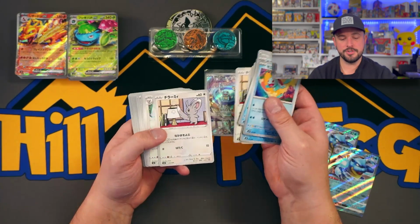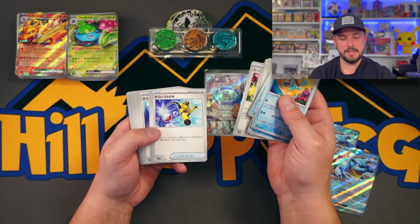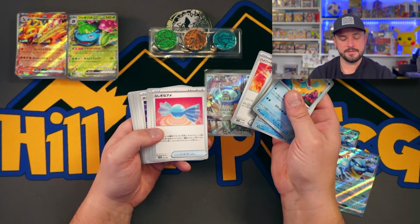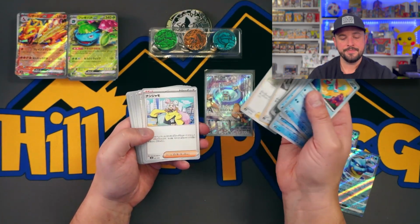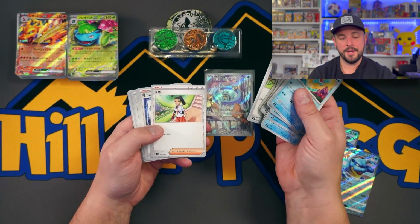So in English, Obsidian Flames came out with the ETB that had that Charmander in it. So my question there is, obviously we're going to get these other two promos in English. It's kind of been interesting too to see...